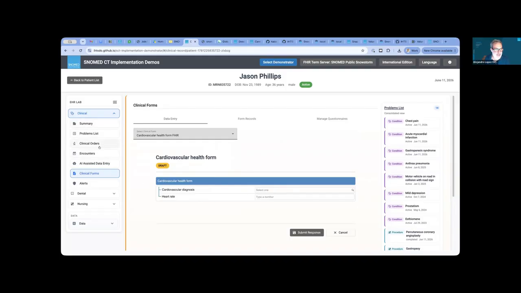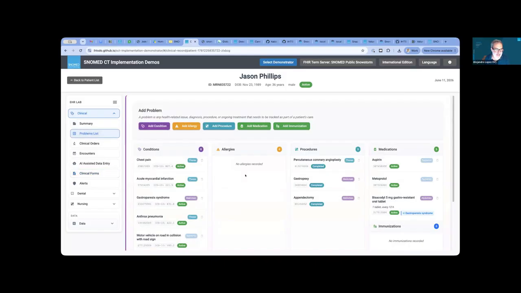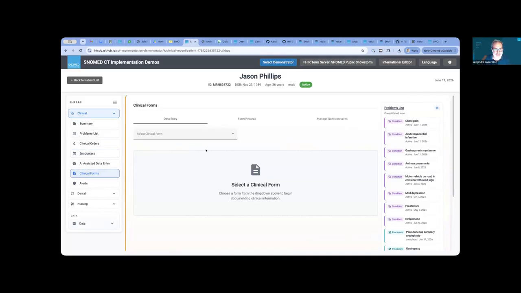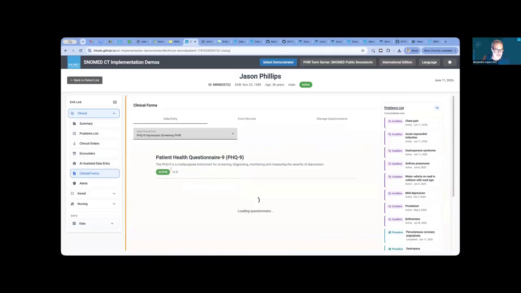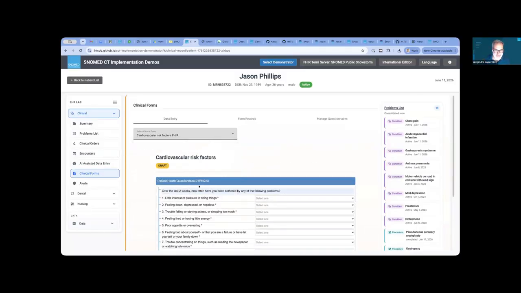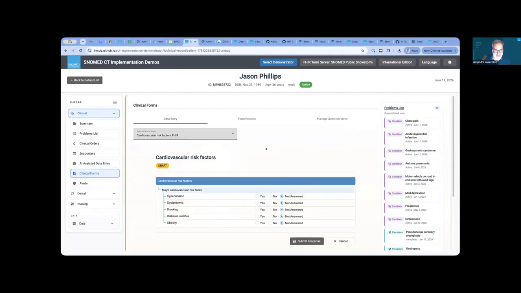So this is a way in which in the EHR you have your use of SNOMED in structured things that are fixed, common to all physicians, how to add a condition, how to record an encounter. This is like the fixed way to use SNOMED CT. And then in the clinical forms, you have a very flexible way in which you can add predefined forms or even custom forms that you create, and you can do things like that.